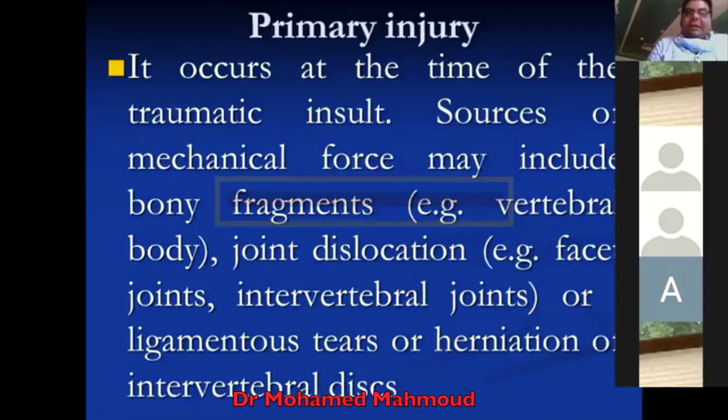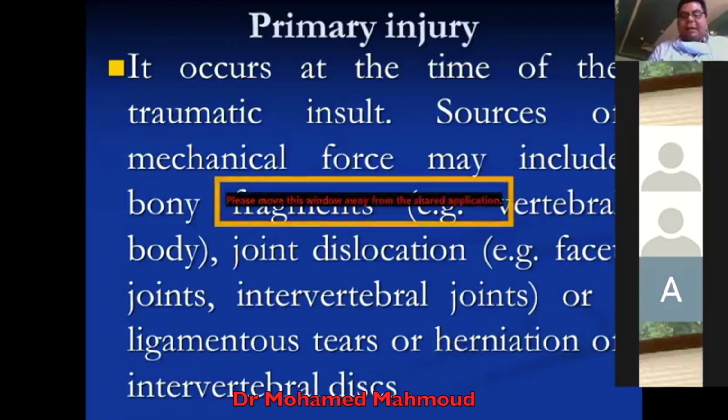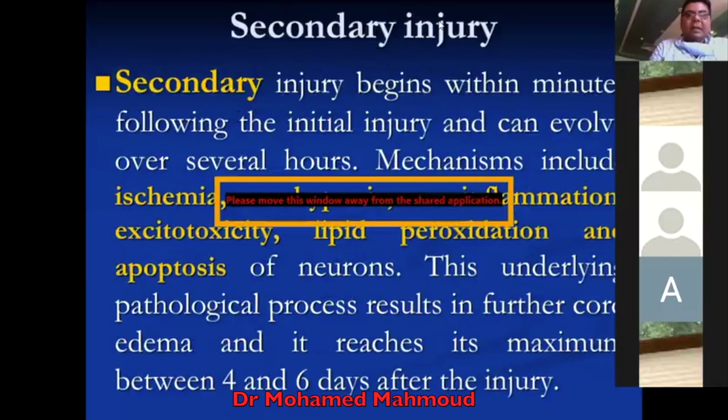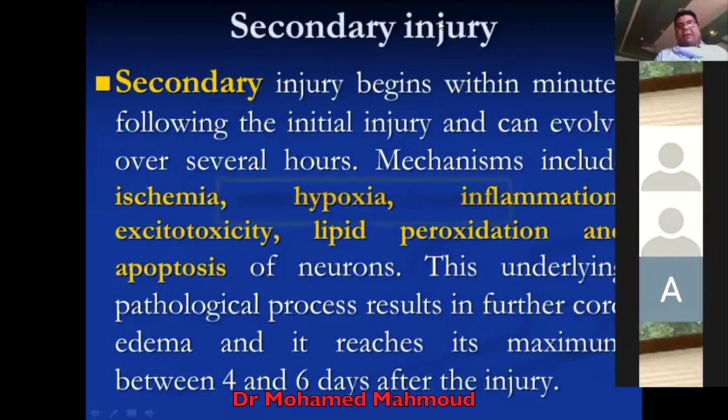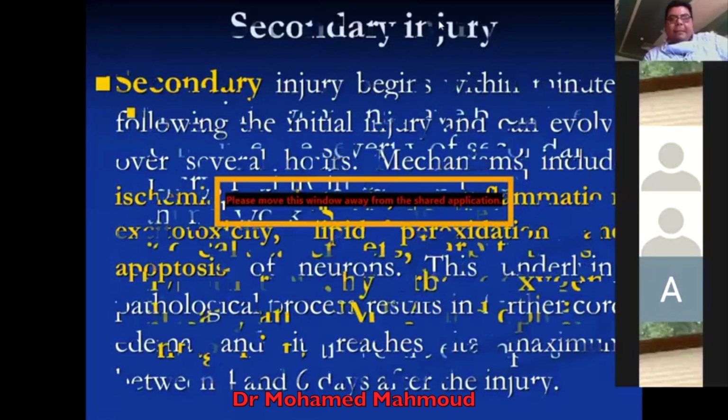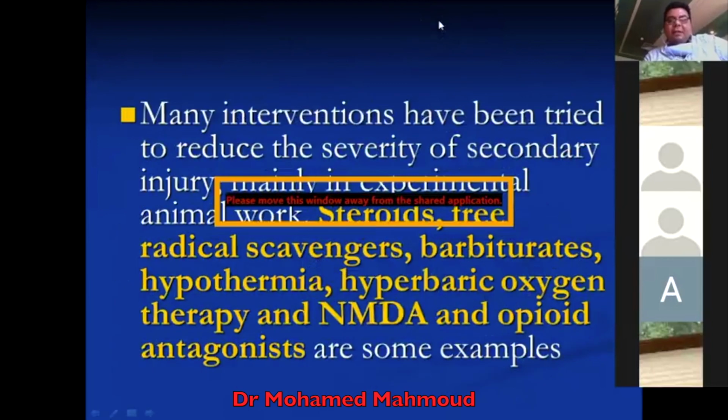Primary injury occurs at the time of the traumatic insult from direct injury, joint dislocation, intervertebral facet joint or intervertebral disc injury, or ligamentous tears. Secondary injury begins within minutes following the initial injury and can evolve over several hours. Mechanisms include ischemia, hypoxemia, inflammation, lipid peroxidation, and apoptosis of neurons. This underlying pathological process results in further cord edema, which reaches its maximum within 4 to 6 days after injury. Many interventions have been tried to reduce the severity of the secondary injury,